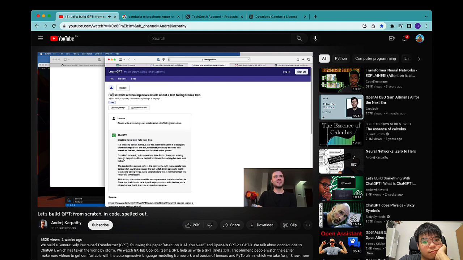So as an example, please write a breaking news article about a leaf falling from a tree. "In a shocking turn of events, a leaf has fallen from a tree in the local park. Witnesses report that the leaf, which was previously attached to a branch of a tree, detached itself and fell to the ground." Very dramatic. So you can see that this is a pretty remarkable system,